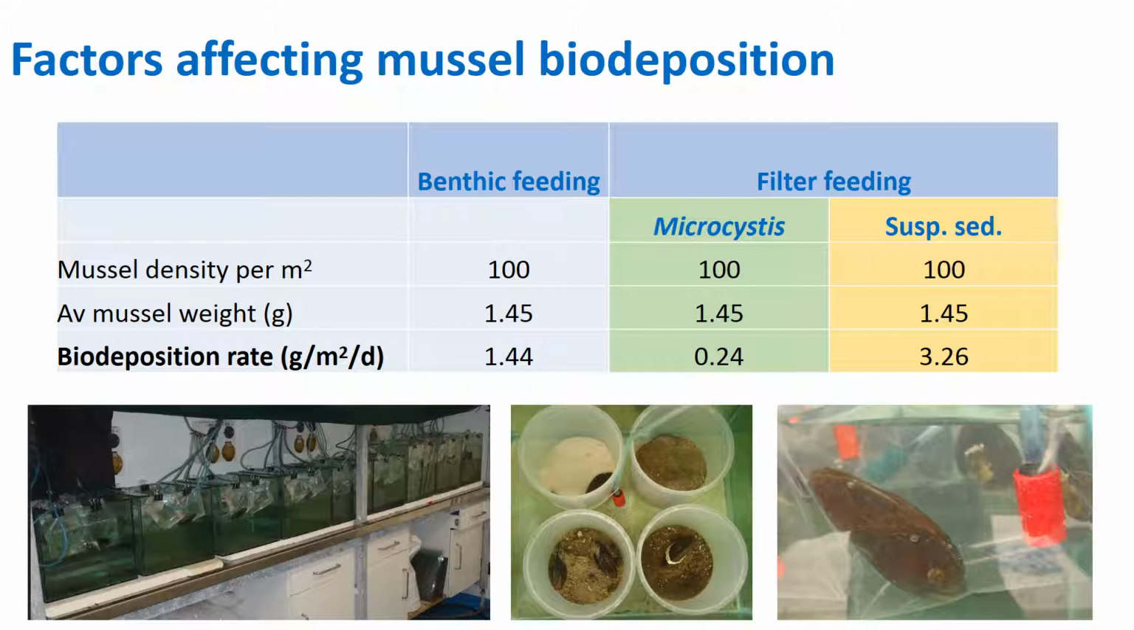Now if we assume that's constant across different food types and take it away from biodeposits produced on a diet of microcystis or suspended solids, we can see that under a microcystis diet very little extra biodeposition was recorded, whereas under a high suspended solid